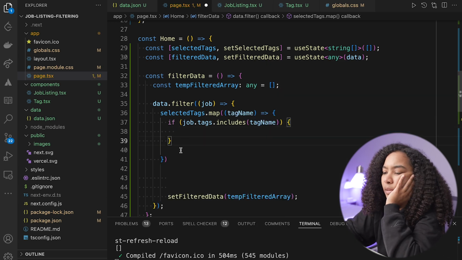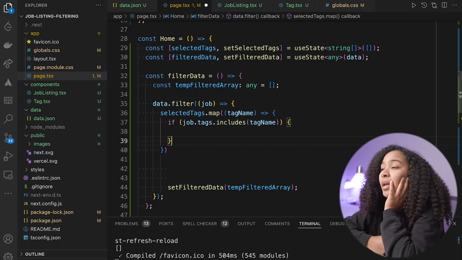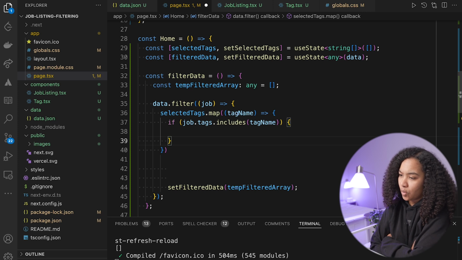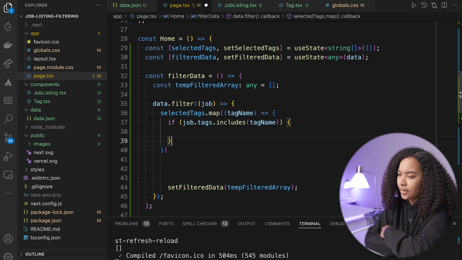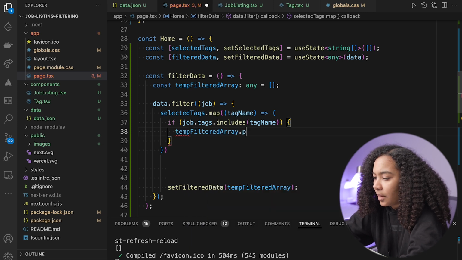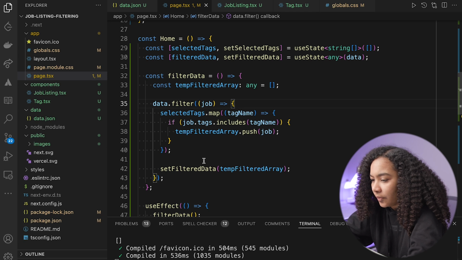then simply, what do we do? If job.tags includes tagName, we actually want it. So I think I was doing it backwards before. We actually want to show it. Yeah. So we want to say tempFilteredArray.push(job). And then once we do that, we set that filtered array